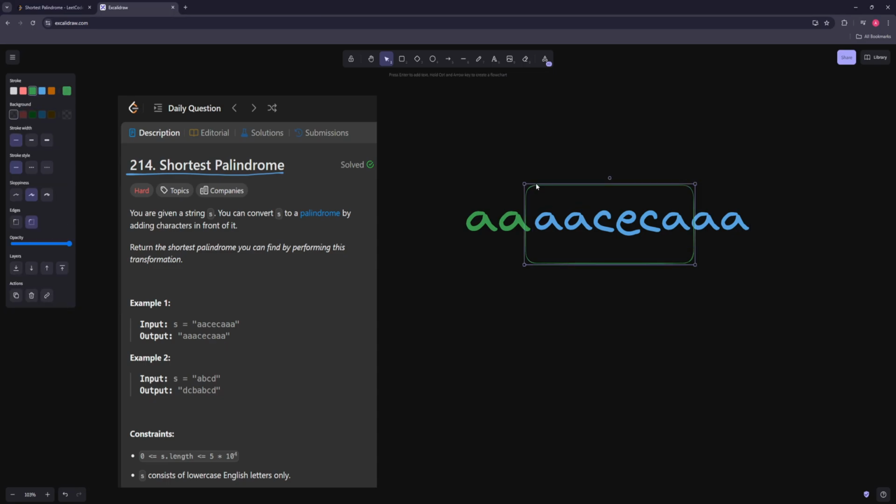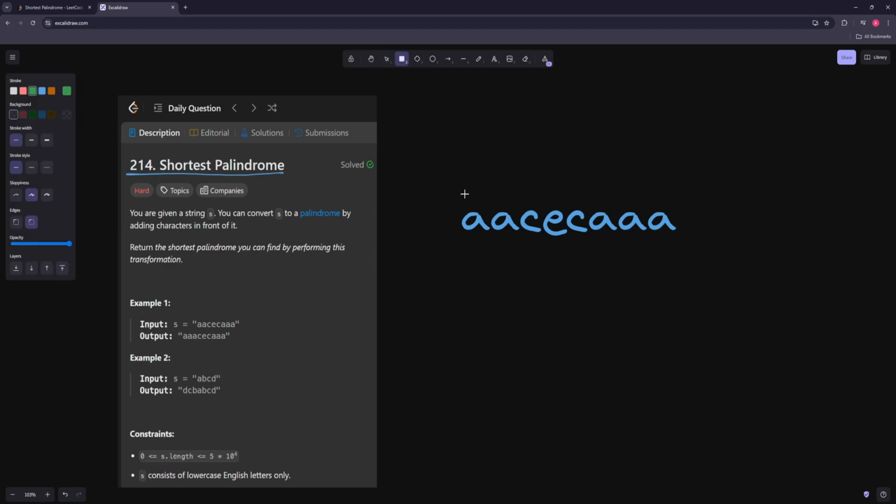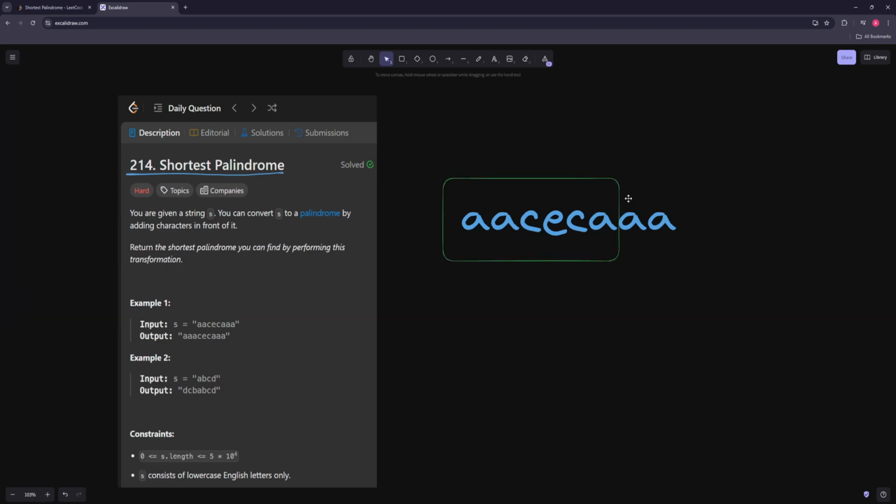So the idea is we can basically take our word and figure out, starting from the start, what's the longest palindromic sequence we have, and then that will determine how many characters we need to add. So let's say this is palindromic, then for these characters, we can just add those over here. And that's kind of the idea. But to determine if something is a palindrome is n squared,